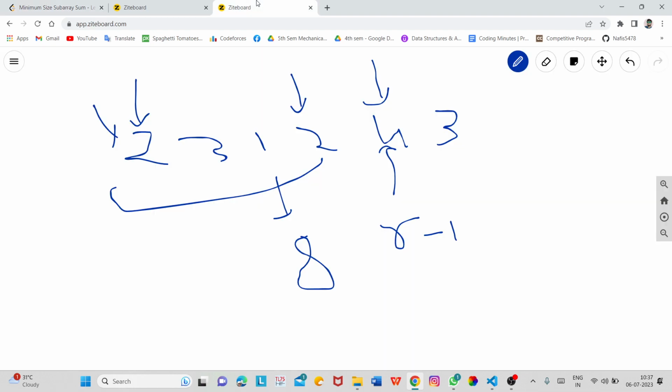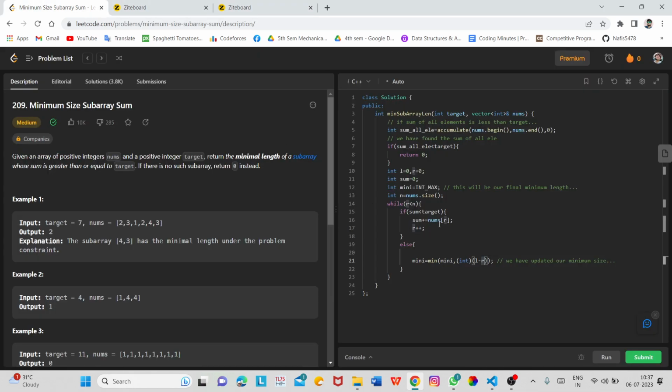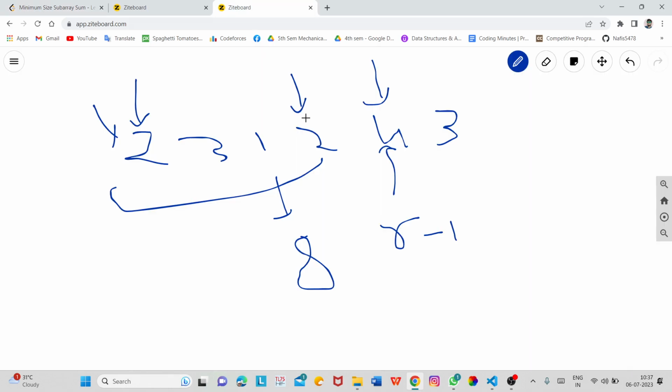So this is the reason behind why we are increasing the value of R when we increase the value of sum. In this case, when R was on the third index, our sum was 6.